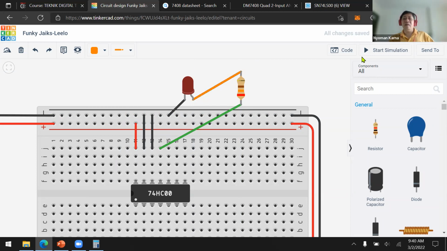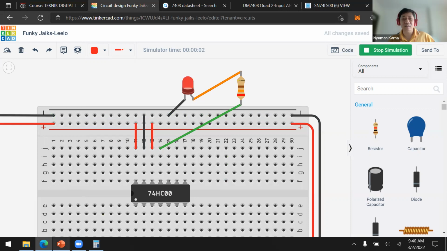Okay. Now let's start the simulation again. Now nothing is broken, and the lamp is on. Stop simulation. How about if I give B plus 5 volt? Start simulation.